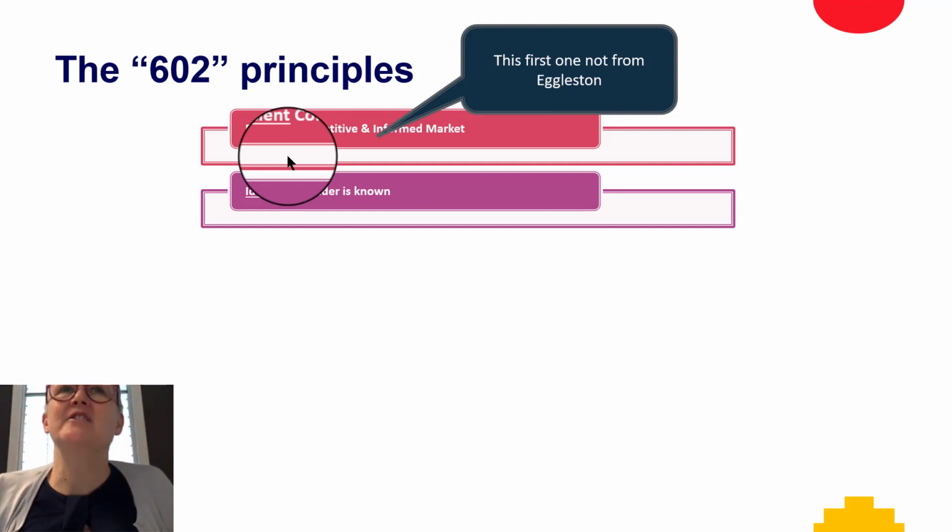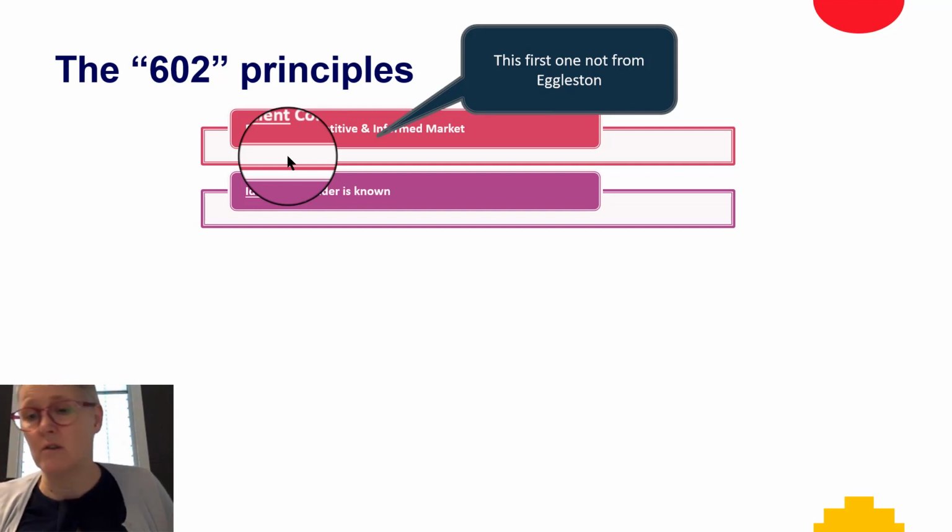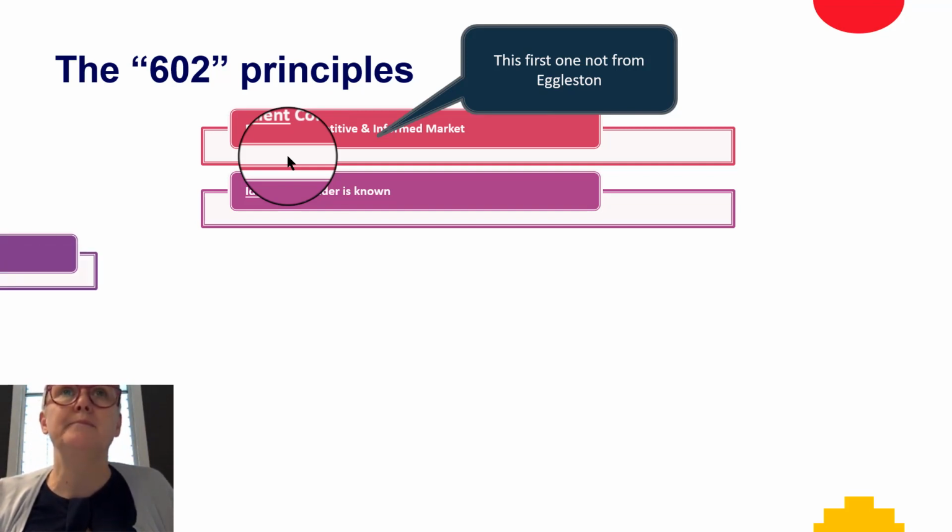Next, under 602, the identity of a bidder needs to be known. So the language we use here is a bidder is the offeror. A bidder is bidding for shares or securities in the target. Shareholders of the target are offerees, or target shareholders is other language that's used. So we need to know who they are.